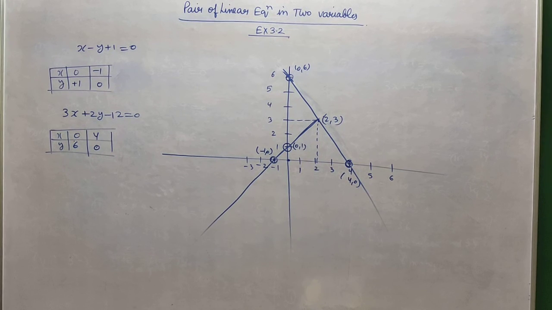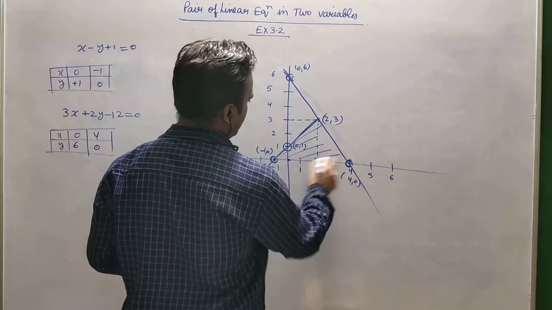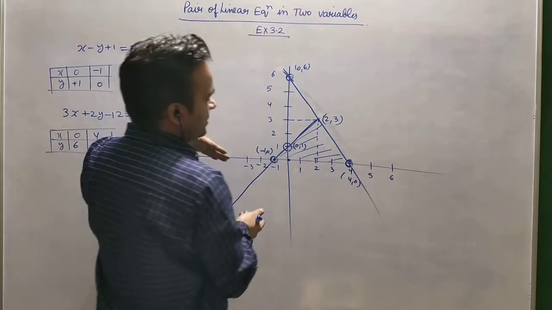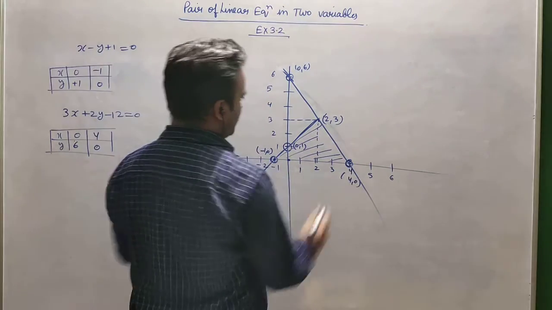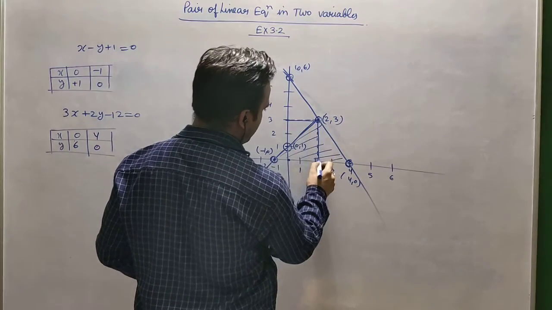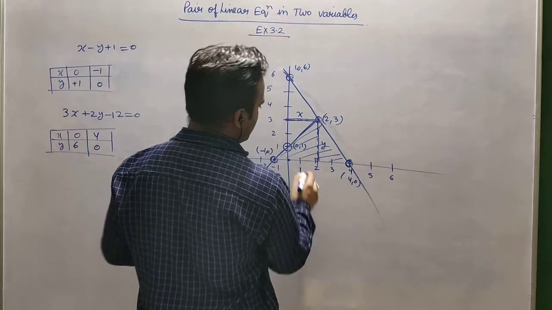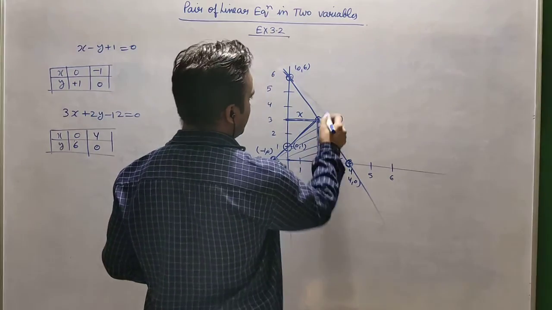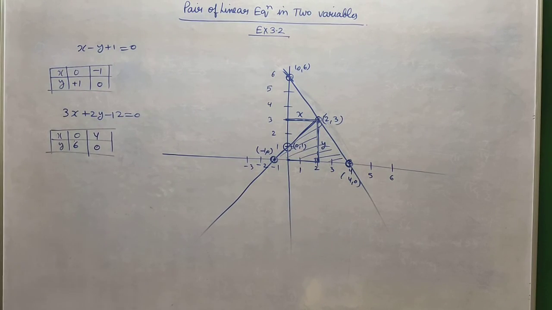And what we have to do is determine the coordinates of the vertices of a triangle only. So we will set it, because which figure is formed by the lines and the x-axis, that is what we have to set. Two coordinates are defined, and this third coordinate will depend on this line and this line. So this line will represent the x-axis and this line will represent the y-axis. Suppose it is 2 and it is 3, so we will write here 2, 3. Right? So this is the way to do these sums.